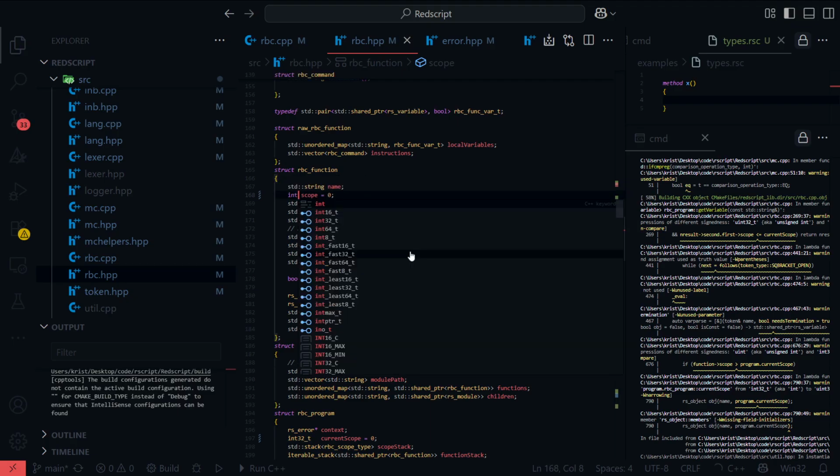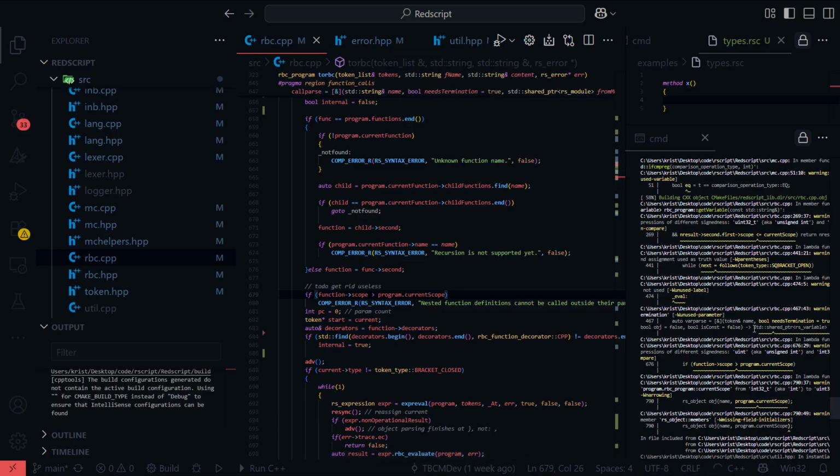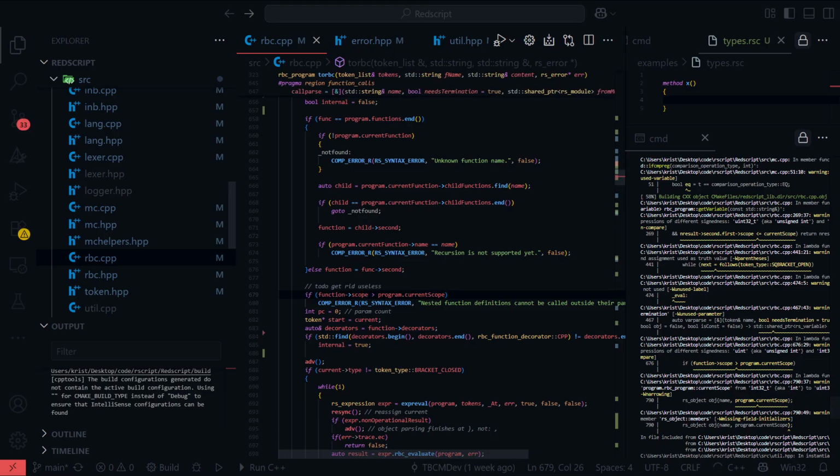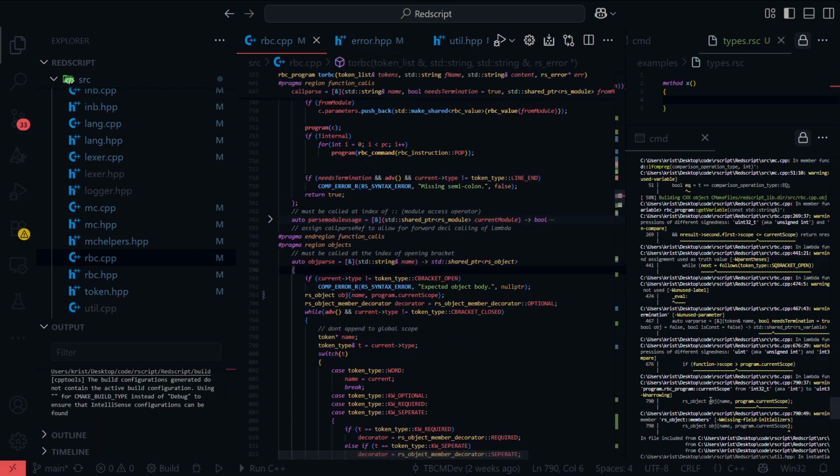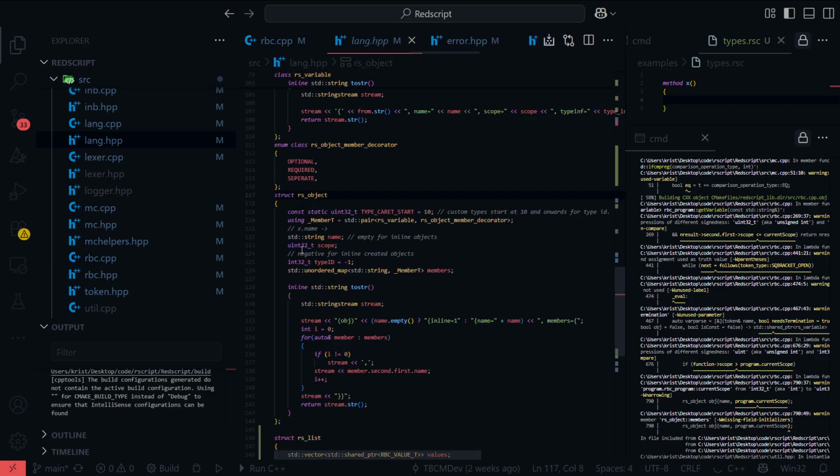It's just an int. Just write it as an int. Okay, narrowing conversion again. When we're creating an object, we're passing in an int32t, but the object expects a uint, so we're going to change that to be an int.